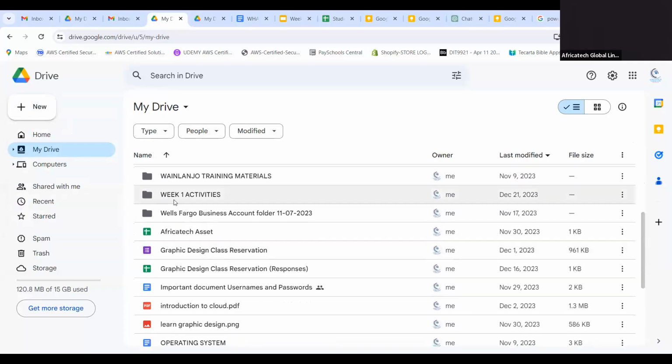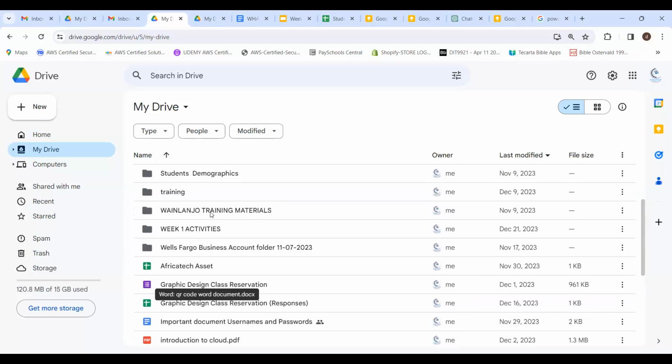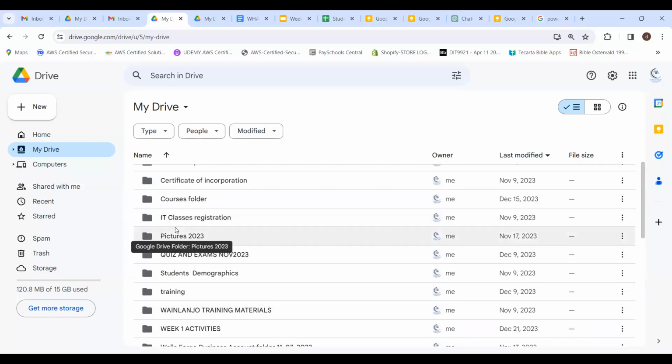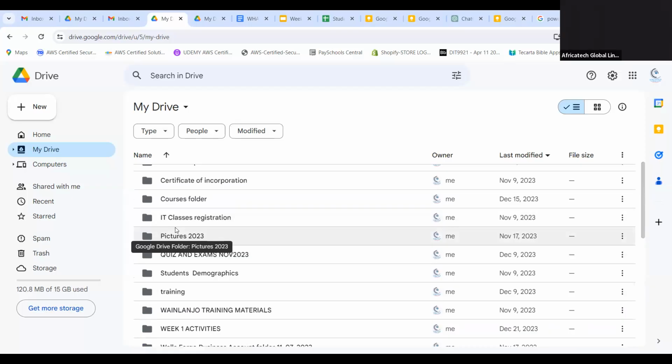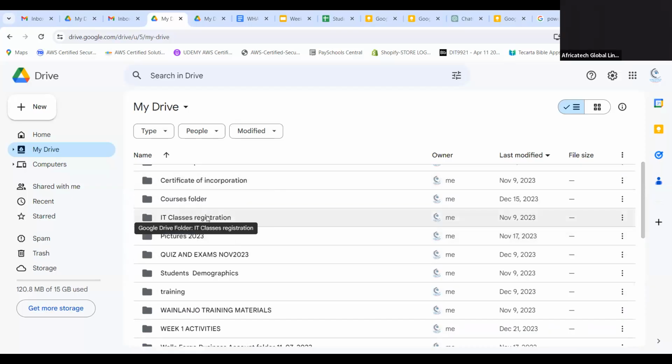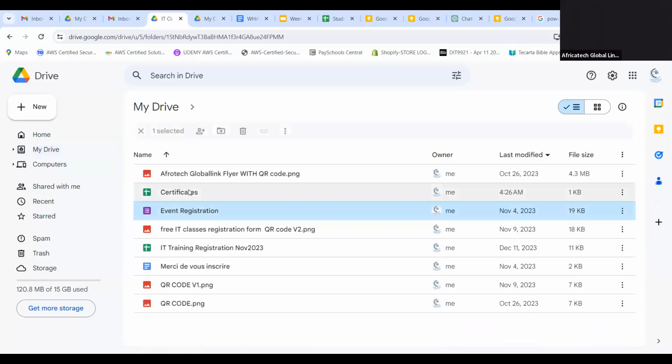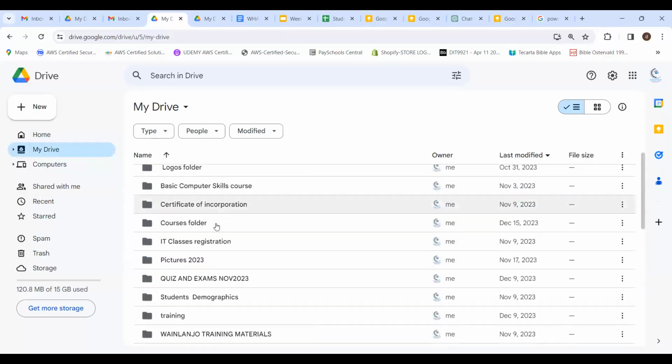Here where I put week 1 activities. If you open it, you will see that I have everything related to that, right? So if here I see pictures, if you open it, it's only pictures. So it's organization. It can help you to organize your stuff, right? If you see IT registration, if I open this, you will see that it's everything related to the people who register, okay?